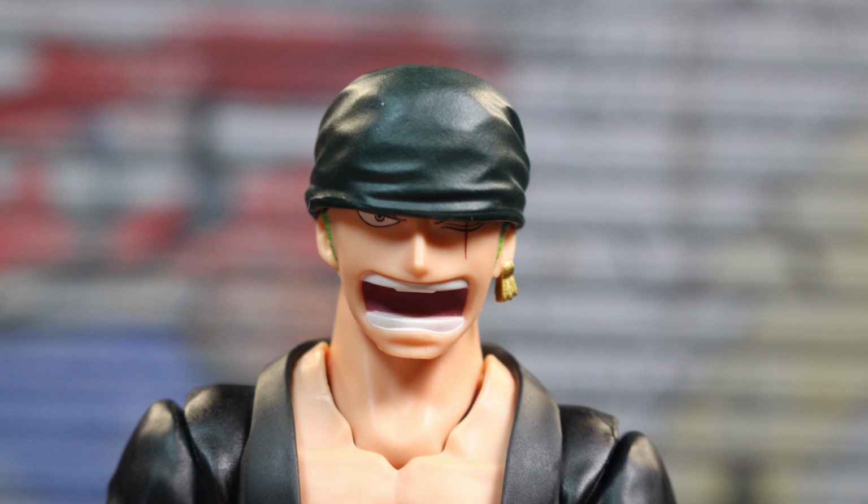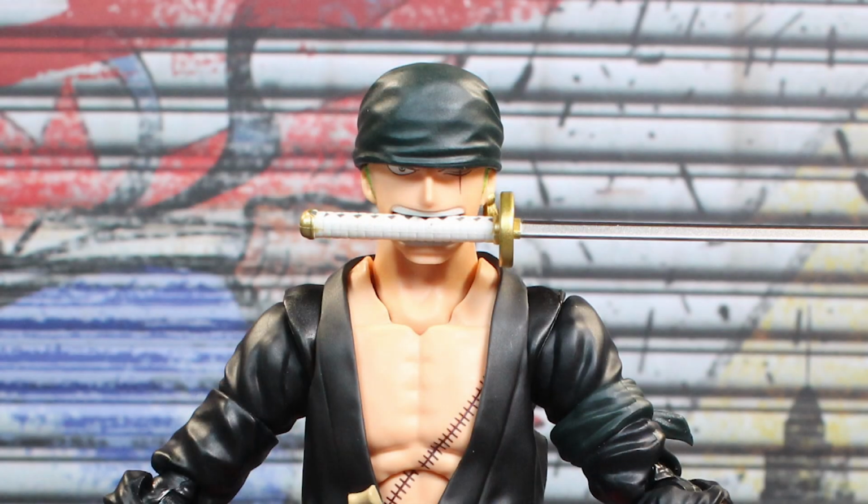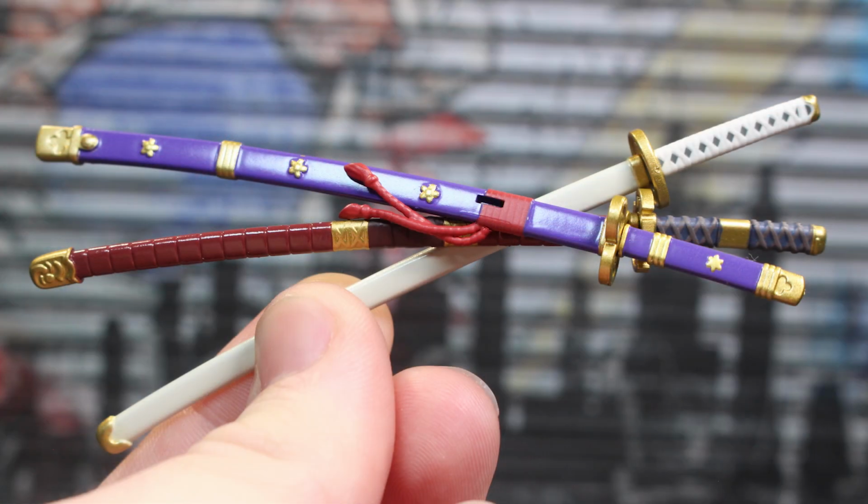When you look down, in some angles you can't tell, but like the images I have here, it is pretty noticeable. You're not going to tell, of course, when he has the sword in his mouth, so I guess it really doesn't matter too much. I do think that the holster system could have been done actually way worse. It's not too bad like I thought it was going to be. You do have to pop off each handle, though,